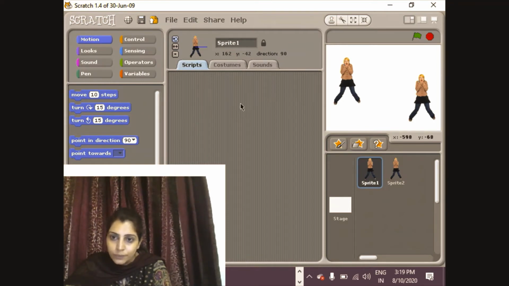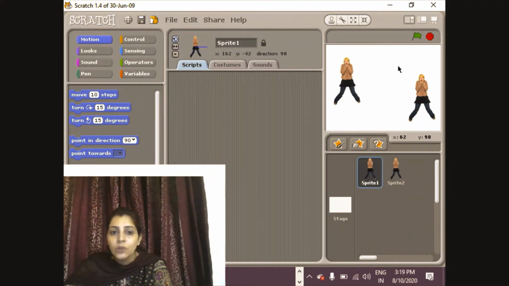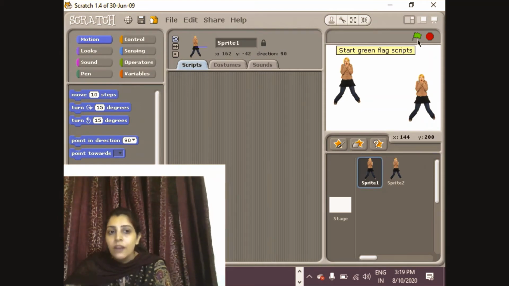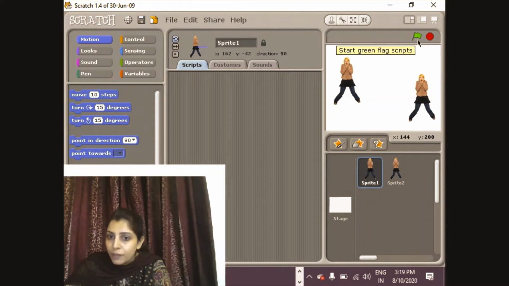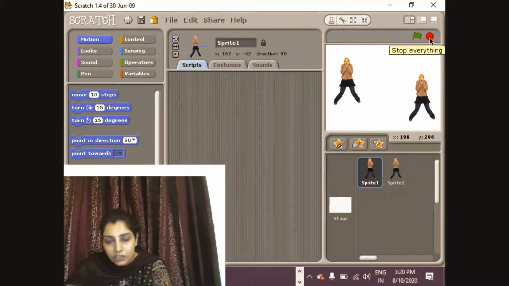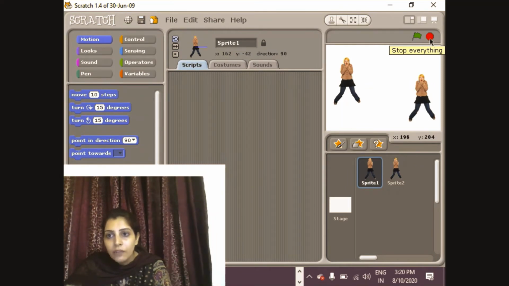So whatever the script I am giving to my sprite, now I want to run that. So in order to run, I will click on start, the green flag. When I want to stop my project, I want to stop the execution, so I will be clicking on the red button. Red means stop. Whatever the actions or instructions are performing will need to be stopped by clicking on this stop button.